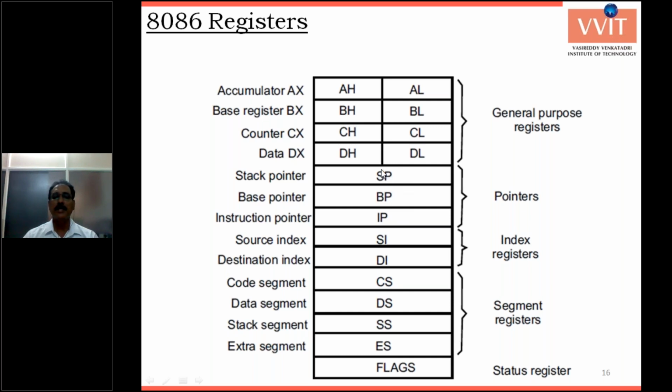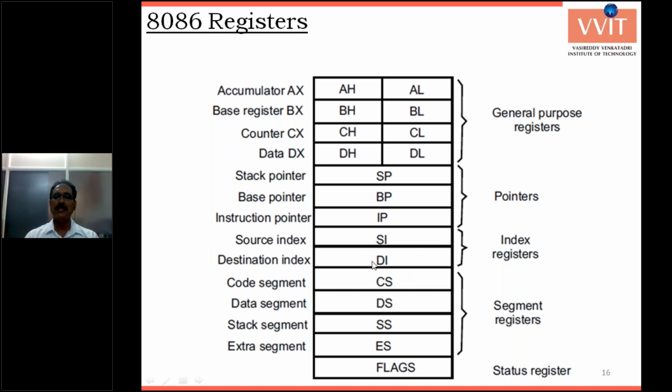Next, stack pointer and base pointer. These two indicate the offset of the stack segment address. IP is used by the system and is not used by the programmer. All the remaining registers are used by the programmer, except IP. IP is the instruction pointer, another name is PC, program counter. It always indicates the address of the next executed statement, and is generated or loaded by the system.